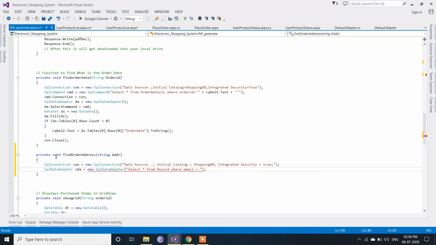It should be equal to the value we are getting from the session. We have to provide the connection object here. Now here we have to give session of username.